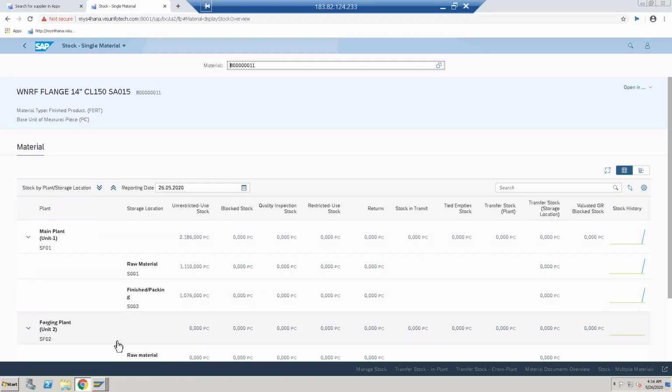This plant has four storage locations. Of those four storage locations, two have stock. Raw material has 1110 pieces, and finished goods has 1706. Total quantity is 2186. So plant 1 has stock. I want to transfer the stock from plant 1 to plant 2.